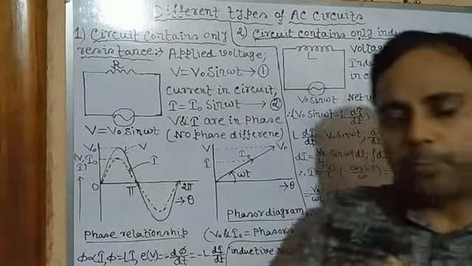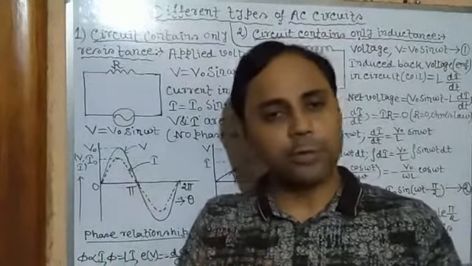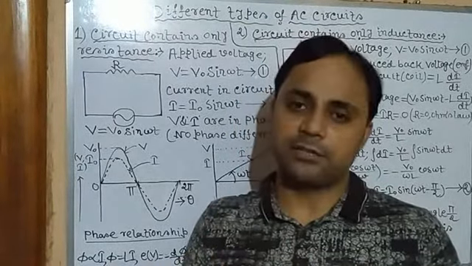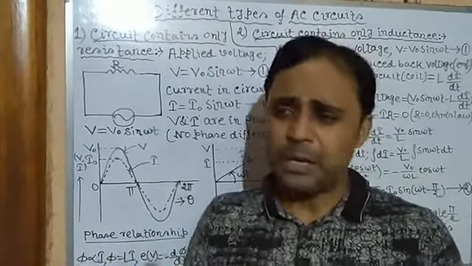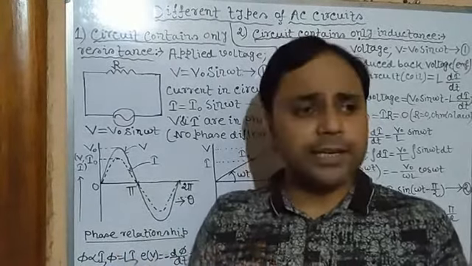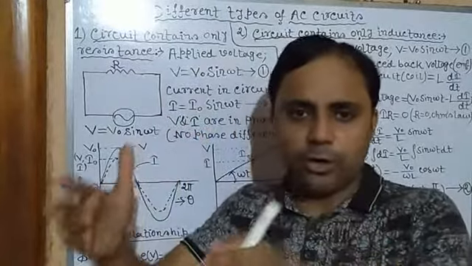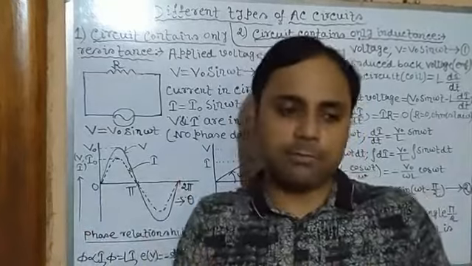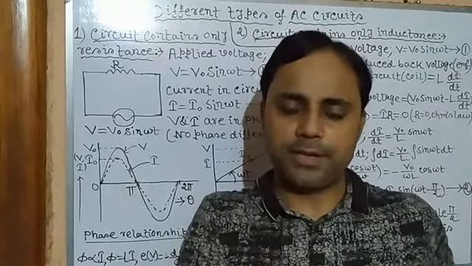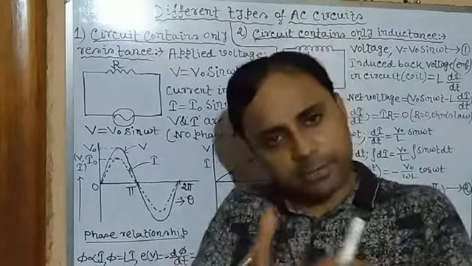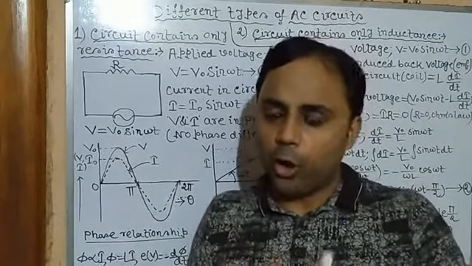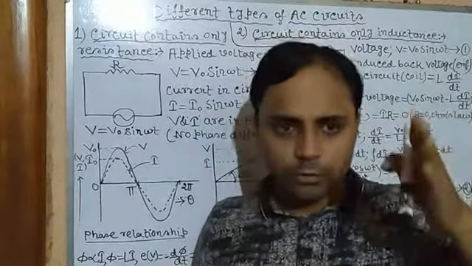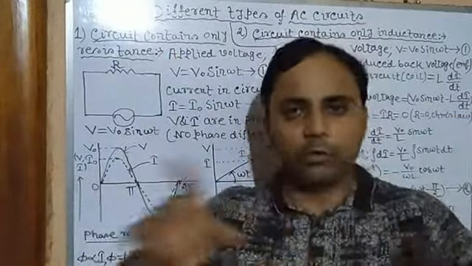Okay. Now what do you mean by phase? In class 11 you have already gone through simple harmonic motion, and I hope you are already acquainted with this term, phase or phase difference. Phase means being in the same state of condition. When voltage is minimum, current is also minimum. Voltage is maximum, current is also maximum. So when both are in the same condition, they are in phase, the same phase. Or when they are opposite, they are out of phase. If voltage is maximum, current is minimum. Voltage is minimum, current maximum. It means they are out of phase.